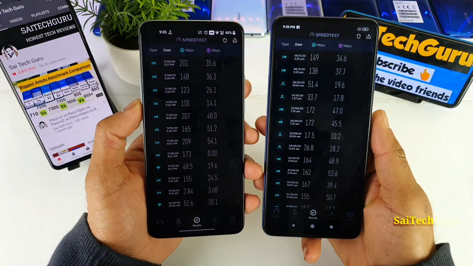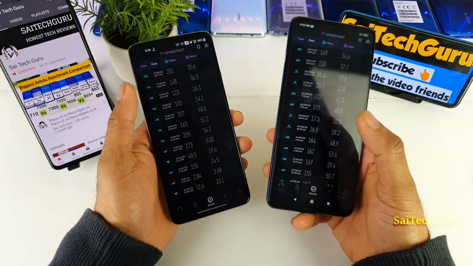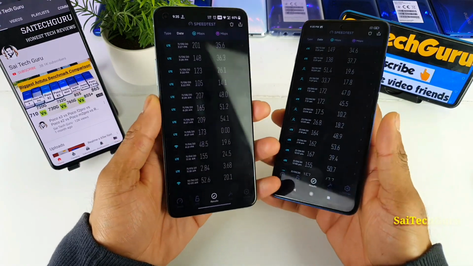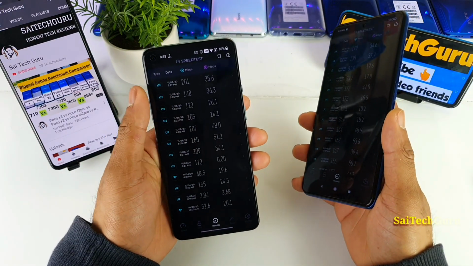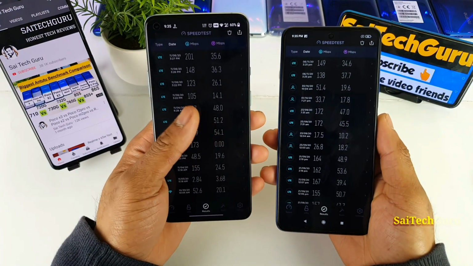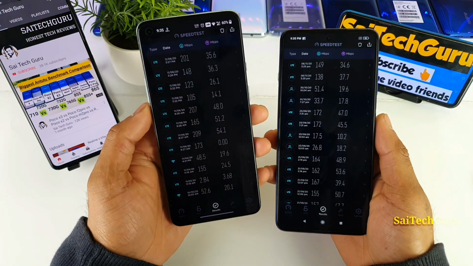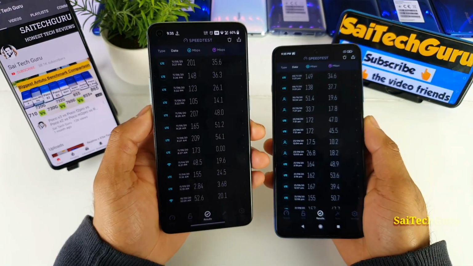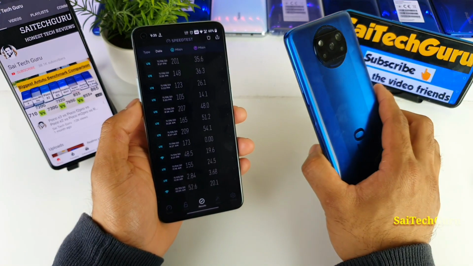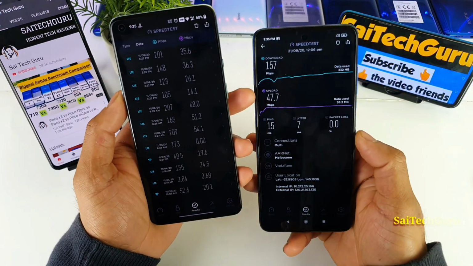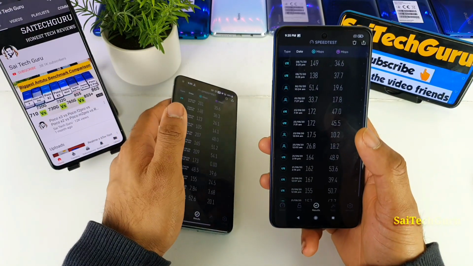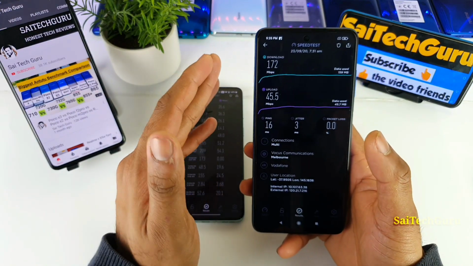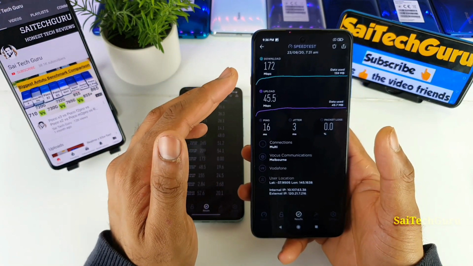And overall, friends, after watching the 4G data speed test comparison side by side, you can see there is a difference of 50 Mbps between the Poco X3 versus the OnePlus 8T device. Usually the higher end mobile phones do have 200 Mbps of speed in the 4G data, which got recorded in previous phones like the Redmi K20 Pro, Poco F2 Pro, and other high-end mobile phones. In the mid-range segment mobile phones, I do see a speed of close to 150 Mbps only. So anything more than that for a mid-range segment mobile phone, I would definitely appreciate that phone. And Poco X3 has more than that, so it's close to 172, I think.